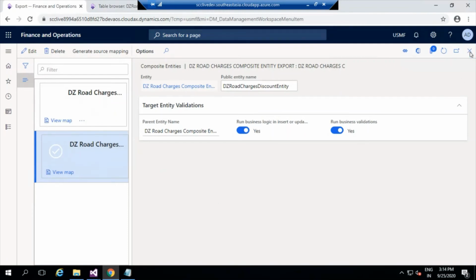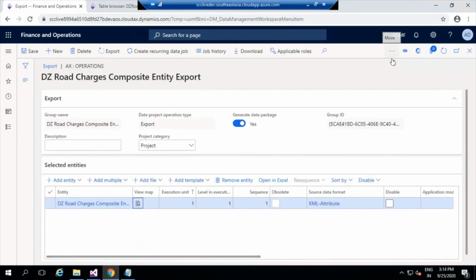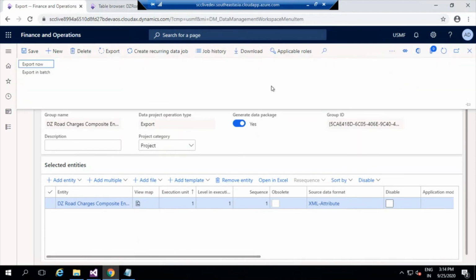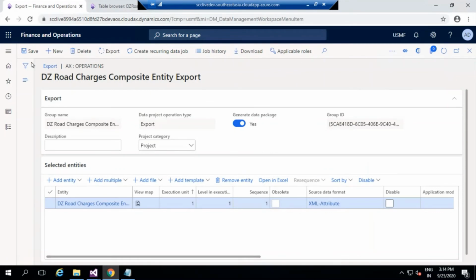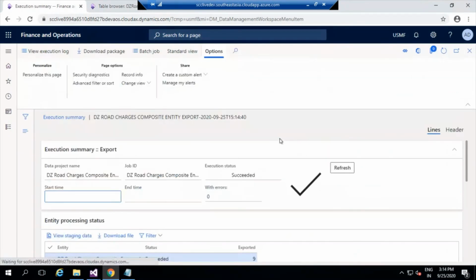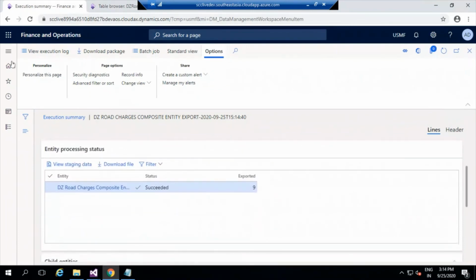Okay, so it's time for us to go ahead and export and get the structure out of it. So let me go ahead and say export options and export now. All good. So we have succeeded, and it says it has exported 9 records totally.